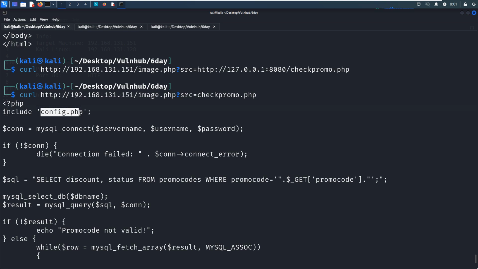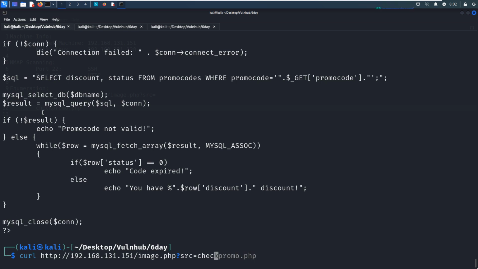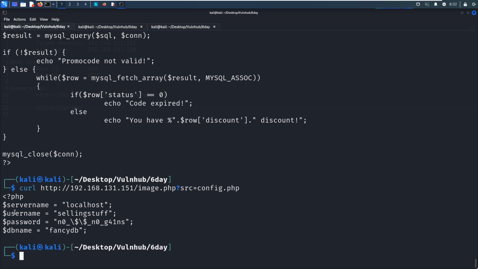So I think next, we can also get this select SQL statement. Oh, this information is so important for SQL injection, right? So before we try to conduct SQL injection, we can retrieve this configuration file. And we successfully got the username and password.